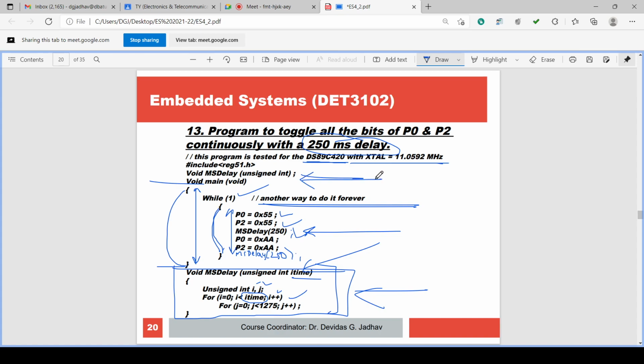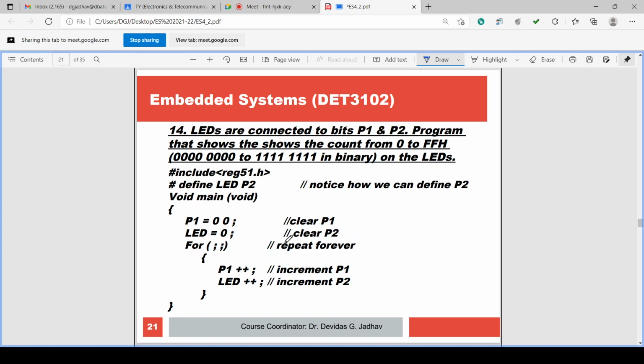We have to define the function, call the function, and then write the program of the function after the main program. These two things we have to do. Then we can call it. We can change the value to 50 and have a different delay. This is the function writing.